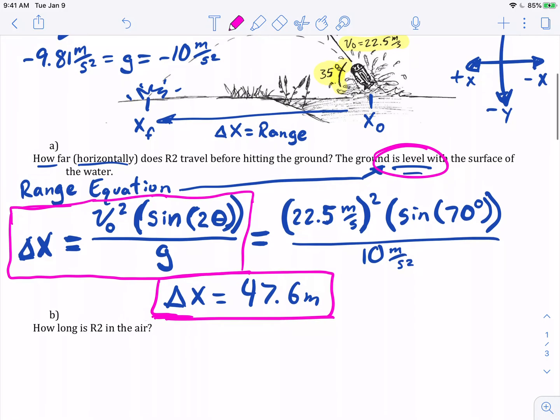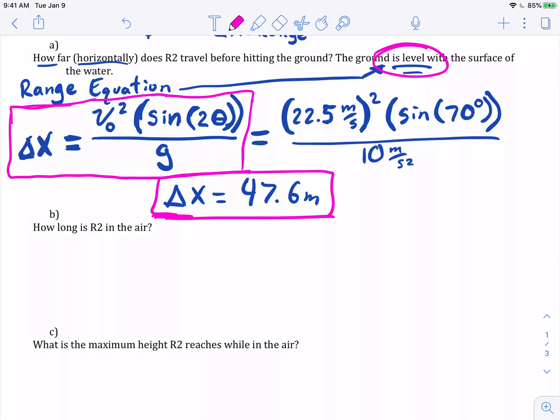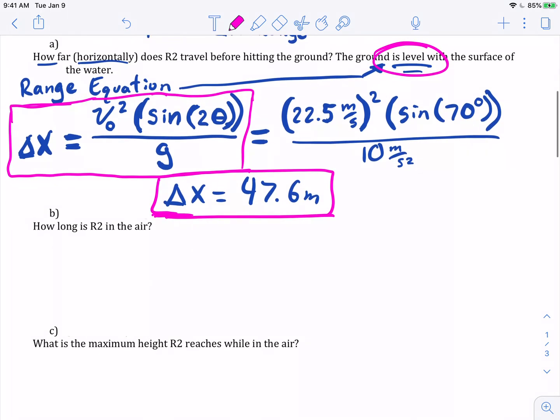Now we're going to find out how much time it takes R2-D2 to make that whole flight until he hits the ground. So how long is R2-D2 in the air? What is his hang time? What is his flight time? Now this one is actually pretty simple, because there's something pretty cool that happens when you're working with two-dimensional